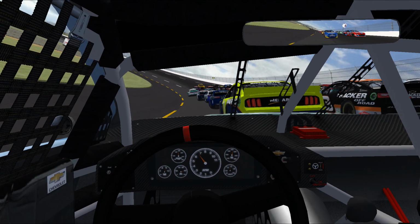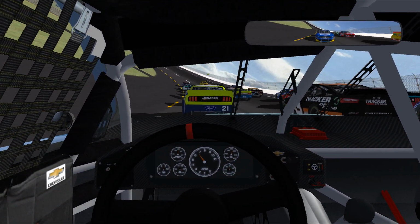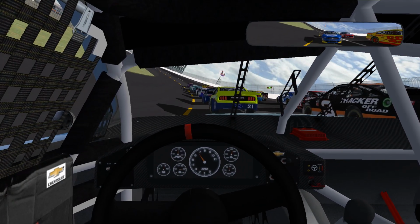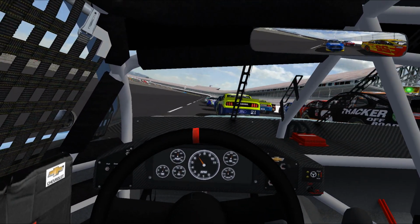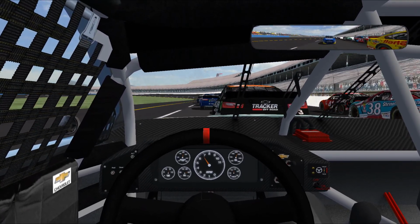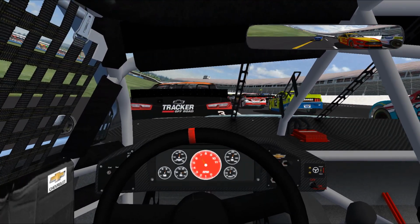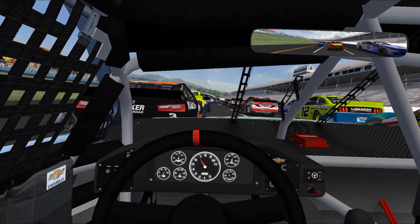Di Benedetto moves to block just a bit. We're going to lose our momentum on corner entry, scrubbing that speed. Flat out, of course, microscopic movements with the wheel is the fastest. And Dillon not cutting us any slack, getting in line to follow Di Benedetto. So dropping back on the bottom, as I said, the high line is usually faster around this configuration of the